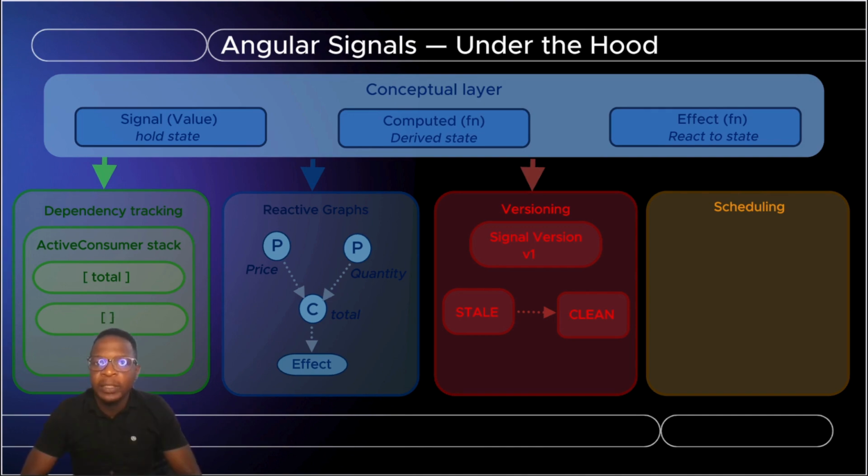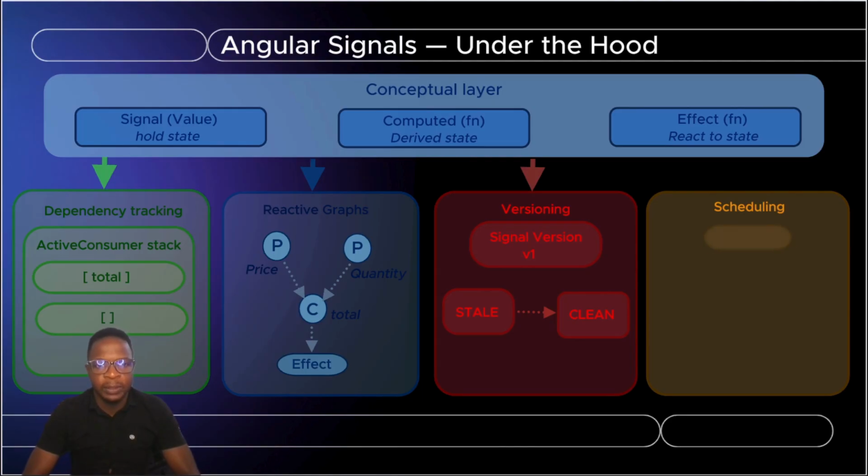The scheduling mechanism determines the order in which these computations are rerun and how they are executed, that is, either asynchronously or synchronously. This is important for ensuring that our reactive computations are efficient and responsive to changes in the underlying data. By managing the scheduling of computations effectively, we can ensure that our applications remain performant and produce a good user